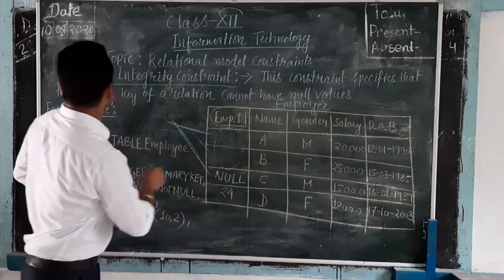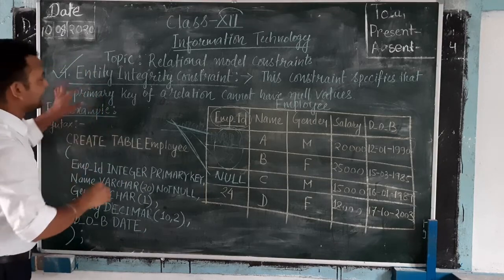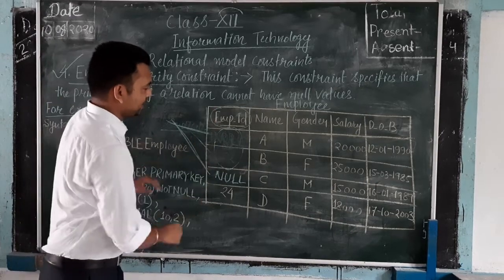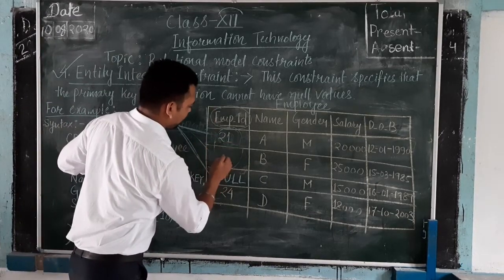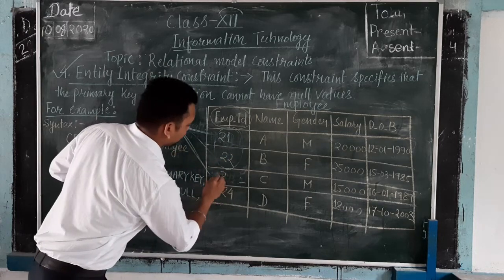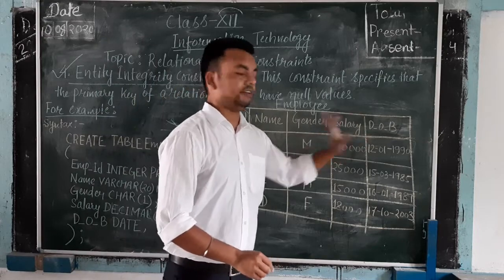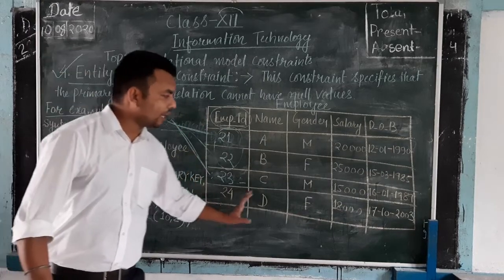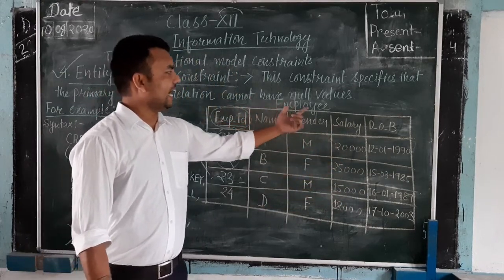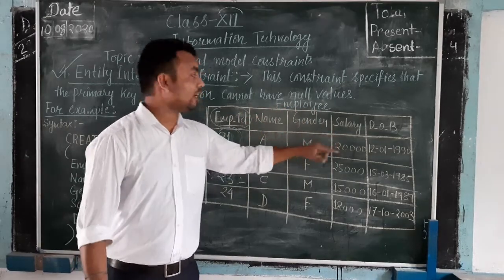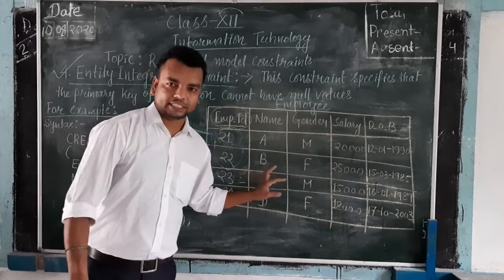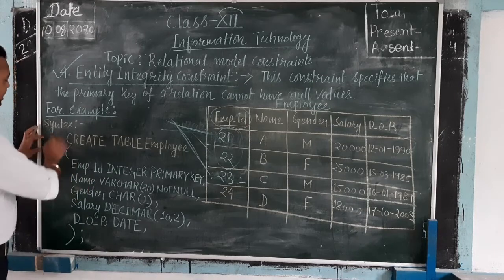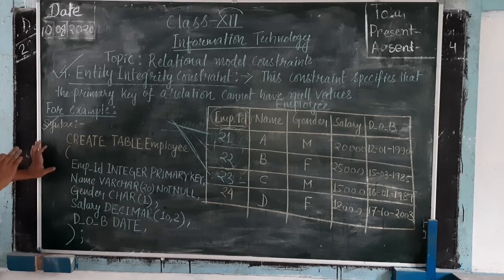So let us see how we can apply this entity integrity constraint in case of creation of a relation. Now here in front of us an employee relation has been shown with 5 attributes, 1, 2, 3, 4, 5. Correct? Now how can we write a query in order to create an employee relation with these 5 attributes along with the entity integrity constraint and primary key? Okay, so here it is. See the syntax. In case of computers, as I said earlier, the formula which we will be using here will be known by another name, that is syntax.